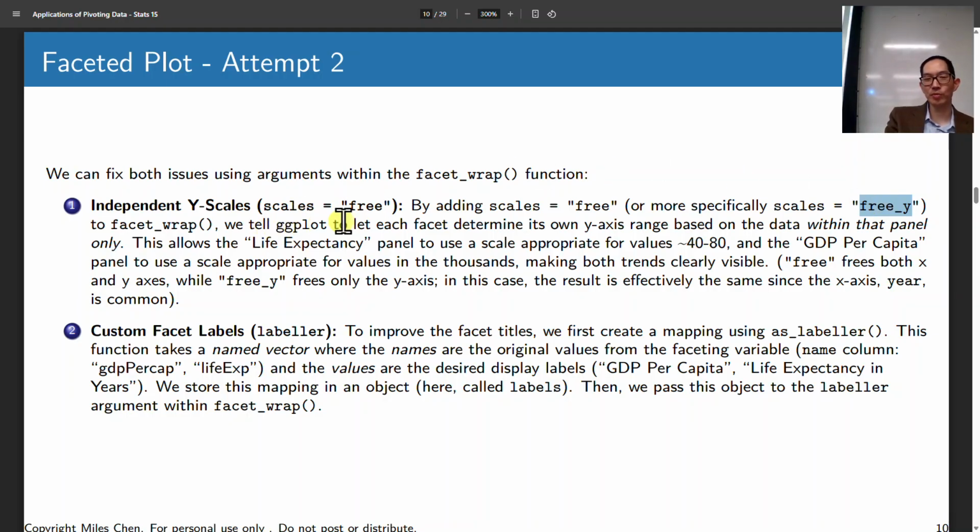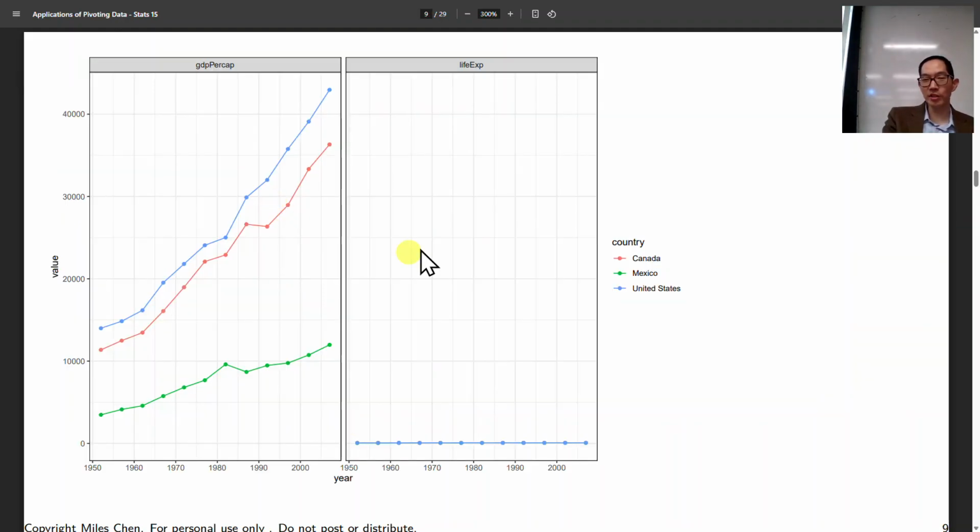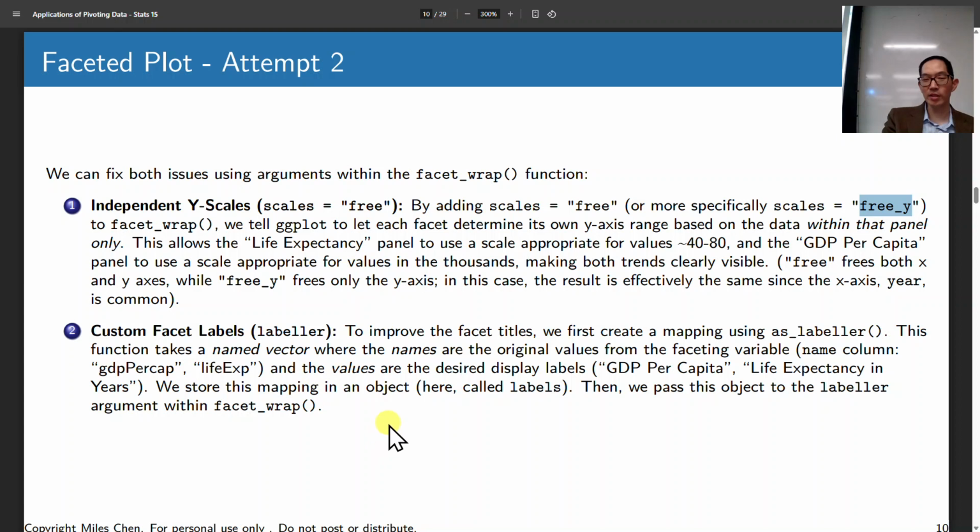And so with that, we tell ggplot to let each facet determine its own y-axis based on the data within that panel. And so then we'll have an appropriate range for the life expectancy going from around 40 to 80, and then we'll have an appropriate range for GDP per capita in the thousands, and that will make it easier, okay? And then to change the labels here, we're going to create something called a labeler,